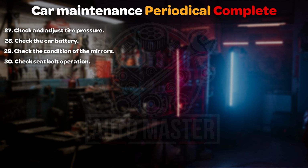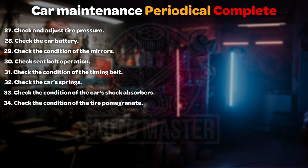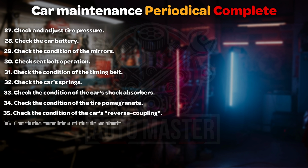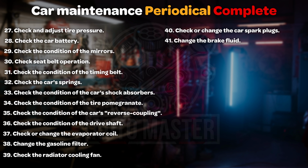Check the operation of the seat belts, check the timing belt, check the car springs or suspension, check the condition of the shock absorbers and ensure the integrity of the tire pommels, check the reverse or car cables, check the drive shaft for both rear wheel drive and four-wheel drive, check or replace the evaporative valve, change the fuel filter, check the radiator cooling fan, check or replace the car spark plugs, change the brake oil completely, check the door